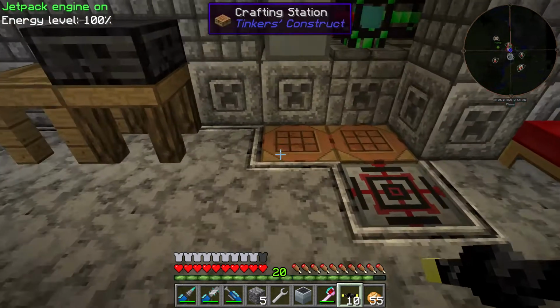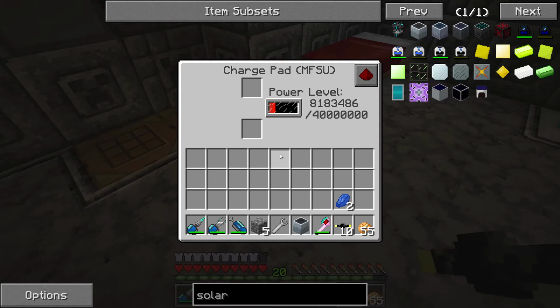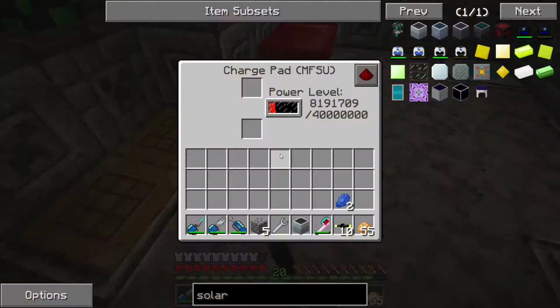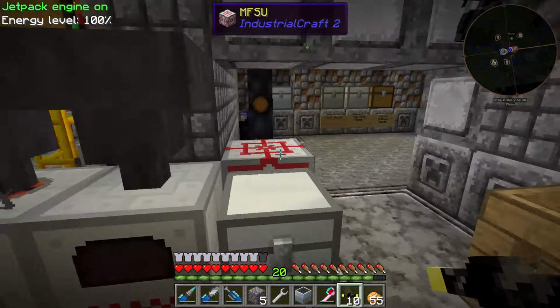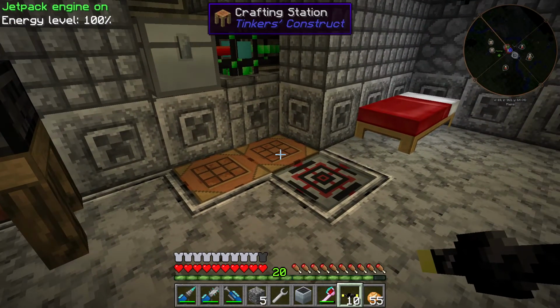So anyways guys, last time we made our nice boots. Still haven't got everything quite charged up yet. Right now this MFSU is not getting charged up because this one is getting charged up. This is technically an MFSU, the charge pad. So once that's charged up, this will get charged up. And something I was thinking of